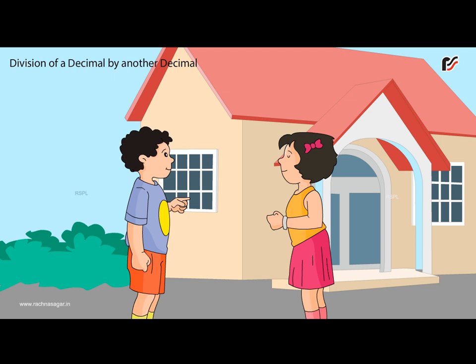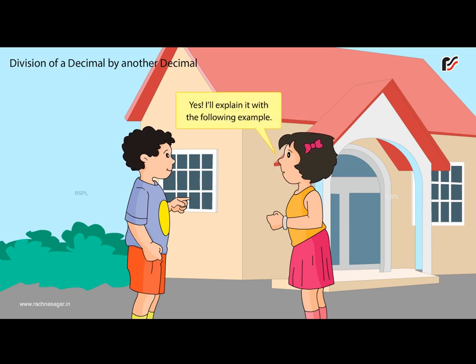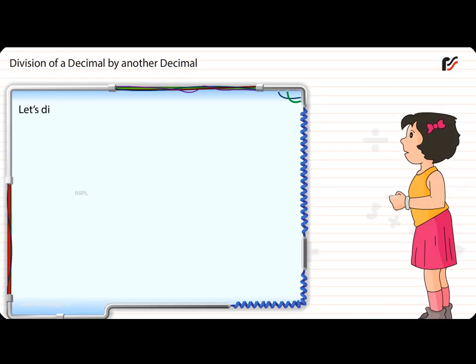Division of a decimal by another decimal. Can you explain to me the division of one decimal number by another decimal number? Yes, I will explain it with the following example. Let's divide 1.296 by 0.108. 1.296 divided by 0.108 is equal to